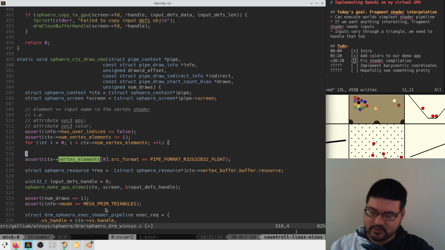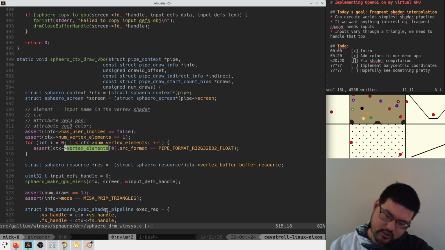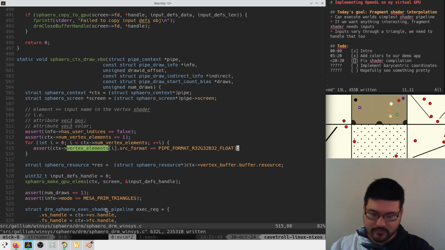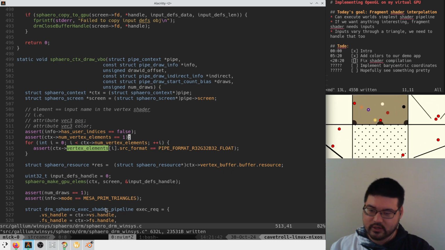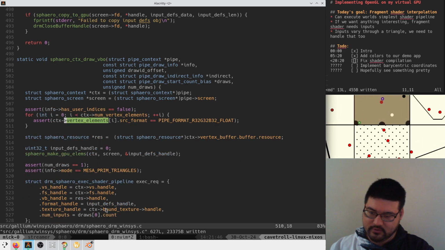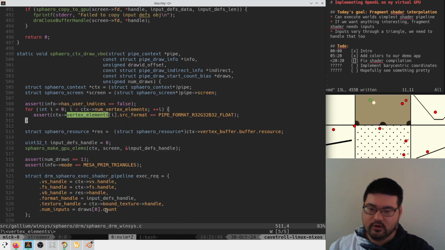Can we just kind of assert this? I'm not sure why we're asserting that we only support vec3 RGB, but I'm sure that there was a reason for it, so we can just keep that for now and then figure this out. So